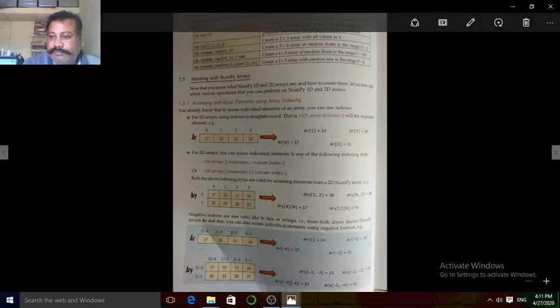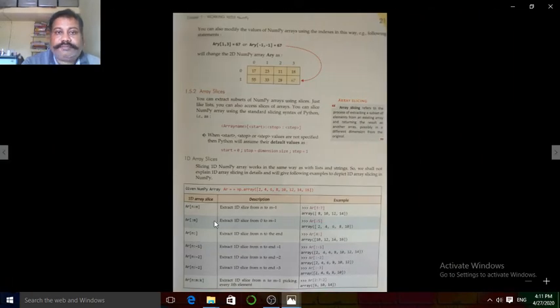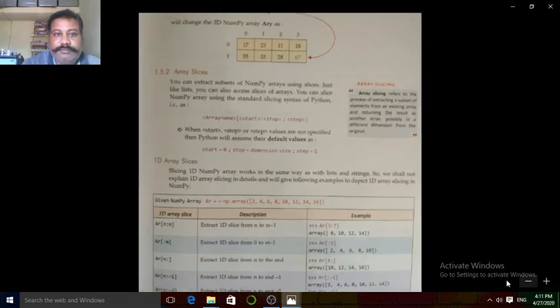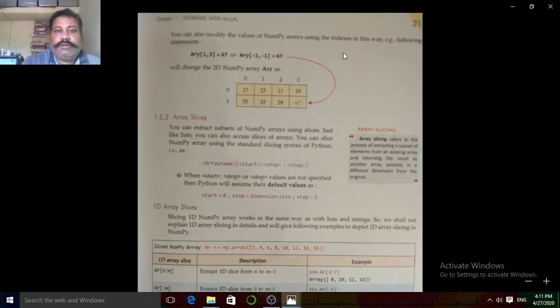Similarly, we can check something like this. Let us suppose this is an array of ARY 1 comma 3, that is equal to 67, and with the help of backward indexing minus 1 comma minus 1 is equal to 67, means the same values are there.